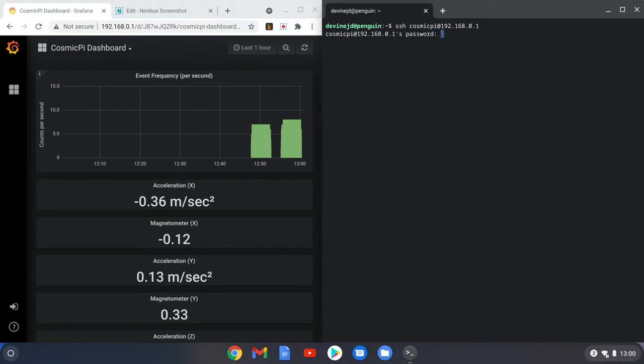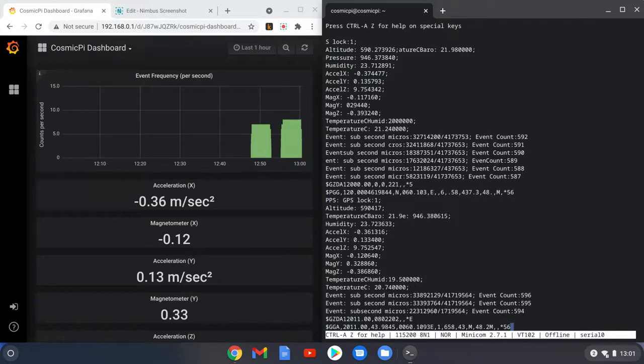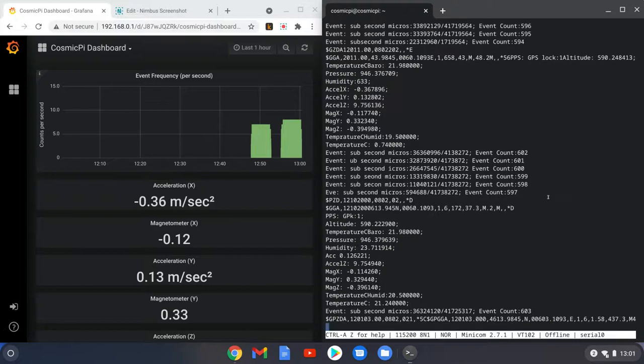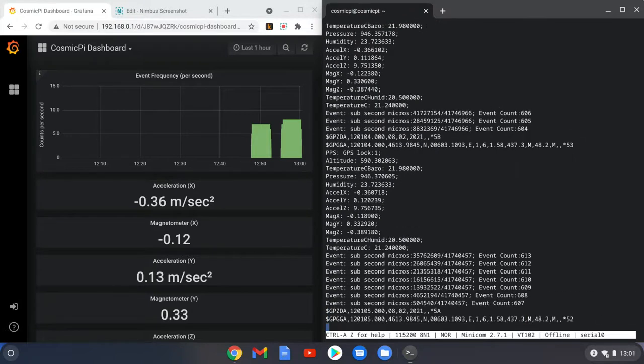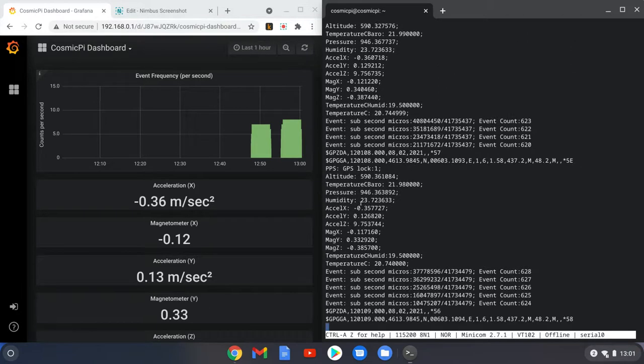And the password is muons from space with the capitalization that's in the documentation. And so now we're connected. Then we're going to check a couple of things. So I'm going to do sudo minicom. I'm going to put the password in, muons from space. And what I'm looking for here is just that the healthy telemetry feeds out, which is exactly what we can see here. We can see events, we can see the GPS data being filled out,